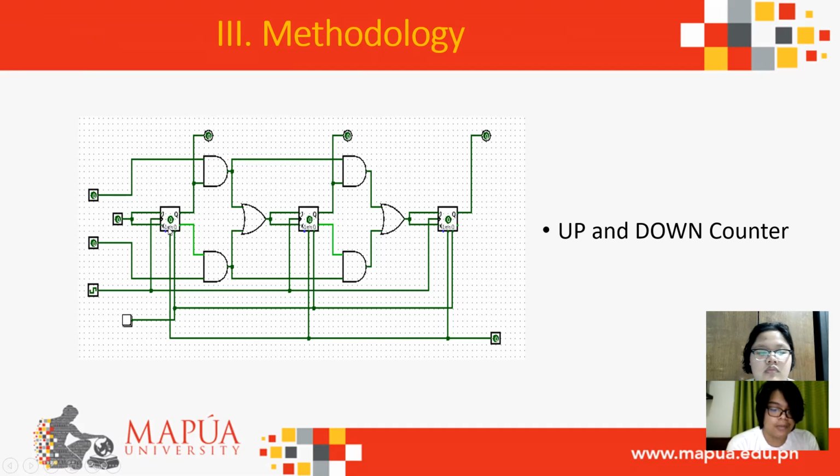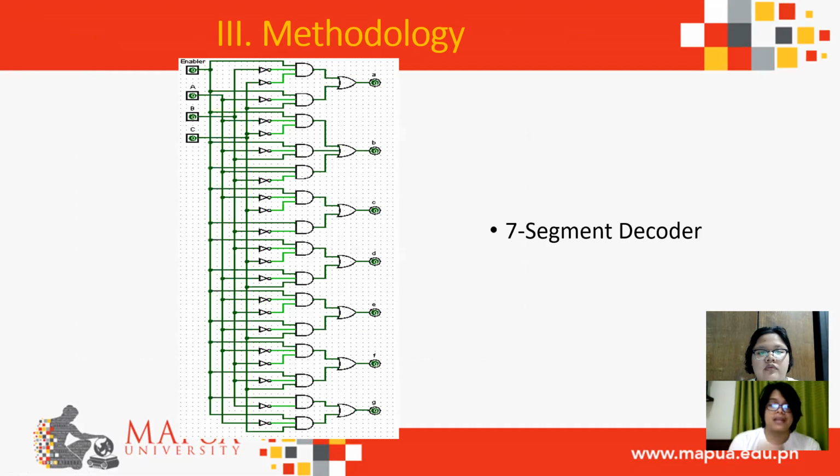The outputs from each flip-flop are then connected to 2 systems. The first is connected to the 7-segment IC decoder, which decodes the binary output from this up and down counter. The second is connected to the floor selector, the combinational circuit for floor levels. Next. Here is a 7-segment decoder that will be explained by my partner.